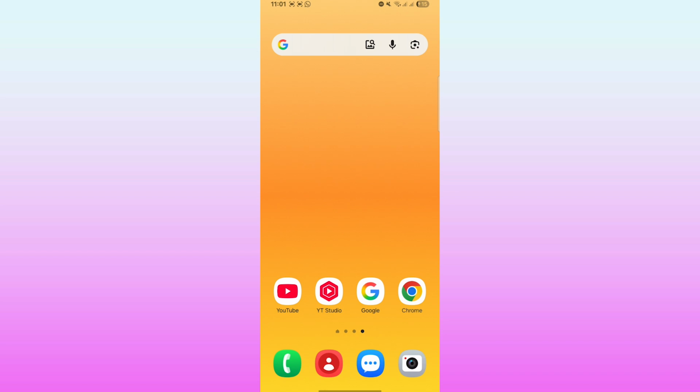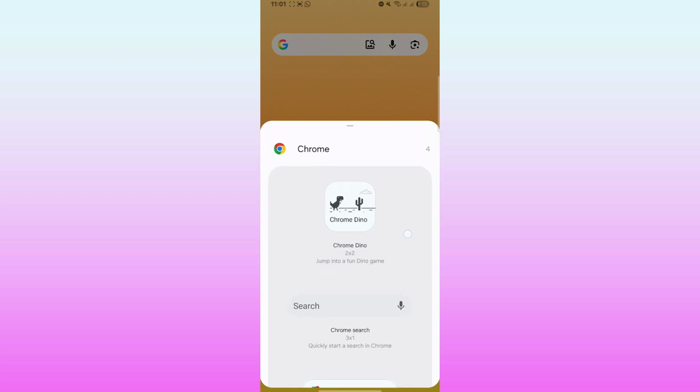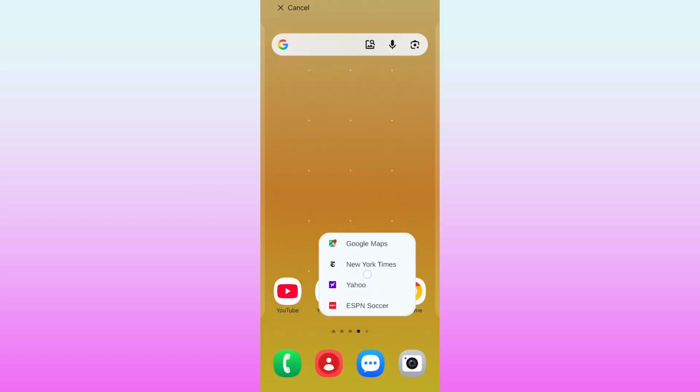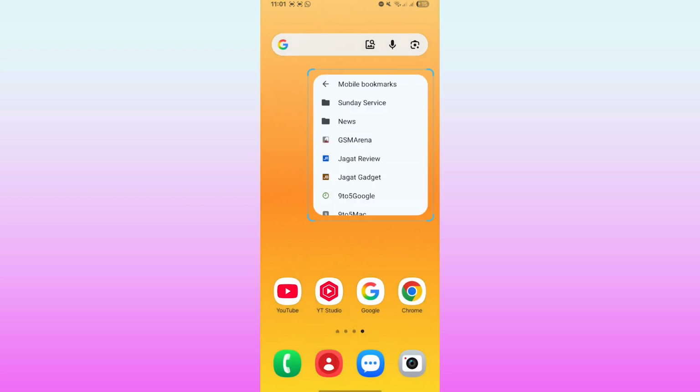Okay, first of all, you can tap and hold the Google Chrome application until a pop-up appears like this, and you can press on the widgets, and then here you can choose several widgets, and you can see it's a Chrome Bookmarks. You can press and hold and drag to your home screen. In here you can change the widget size,